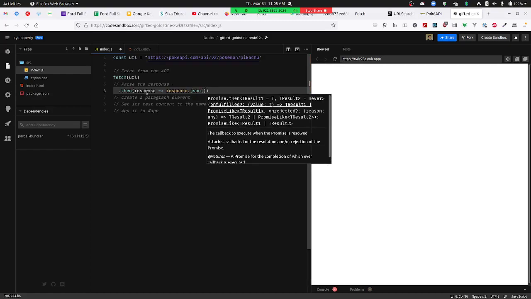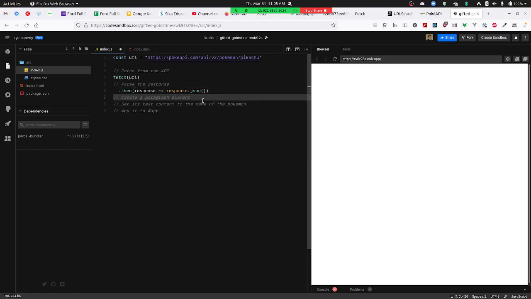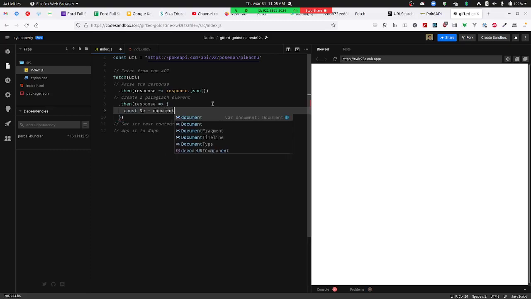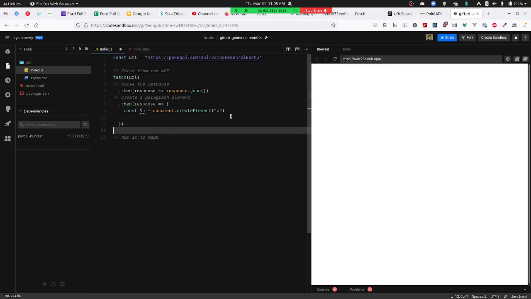You're taking the JSON and turning it into a JavaScript object. And then take the response and then create a paragraph element. So that would be